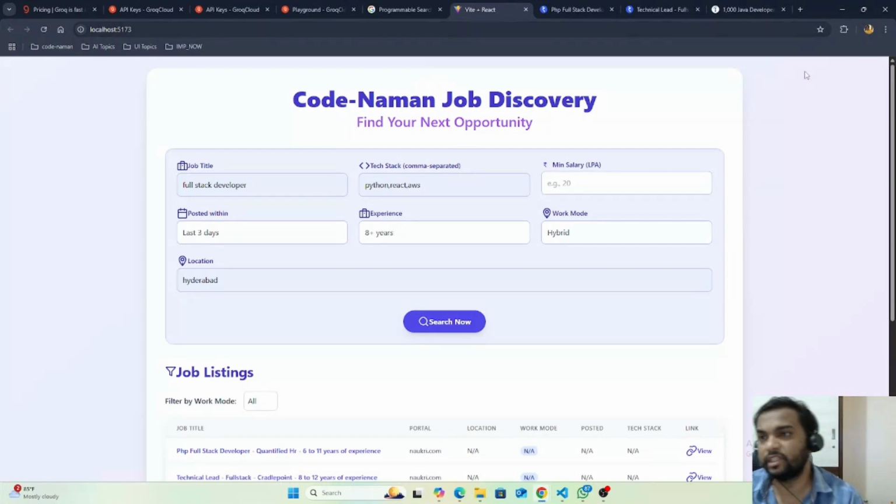Like you can see in ChatGPT also, most of the time if you're looking for some products or jobs, it will do a web search. Behind the scenes, they are using this API to get the result and produce it in front of you. The same thing I tried, and yes, we succeeded here.